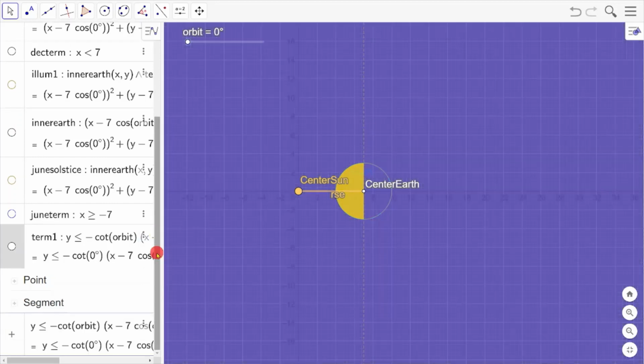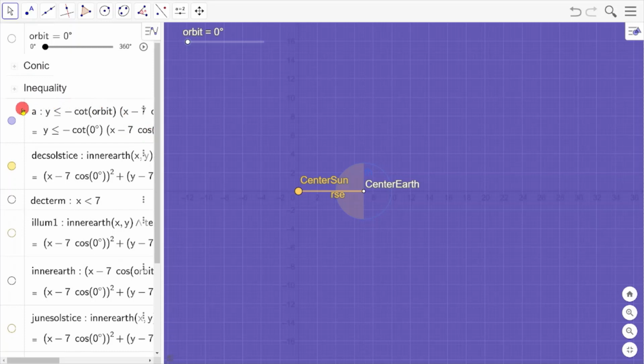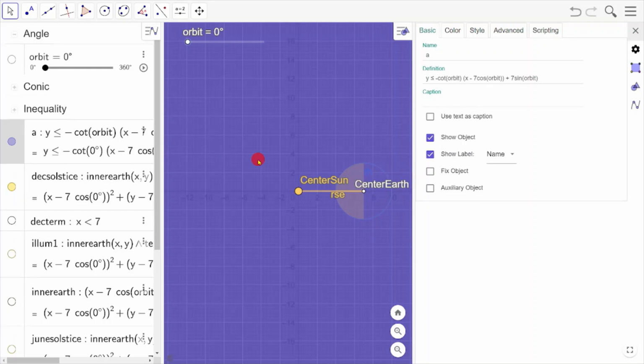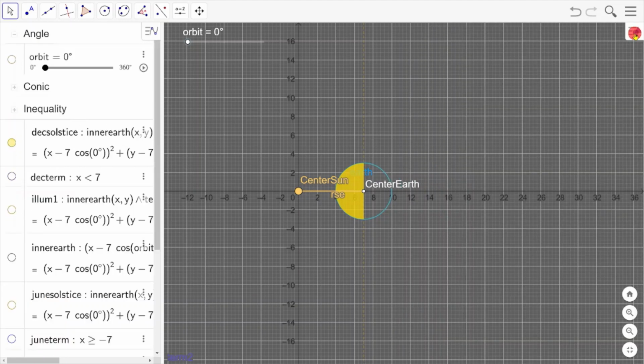We're going to duplicate the input. Now, when we go up here, this is our duplicated input. So we're going to make a few changes. We're going to change the sign in the opposite direction. So we will say greater than or equal to. We don't care about the color, but we will change the name now to Terminator 2, Term 2. And that will allow us